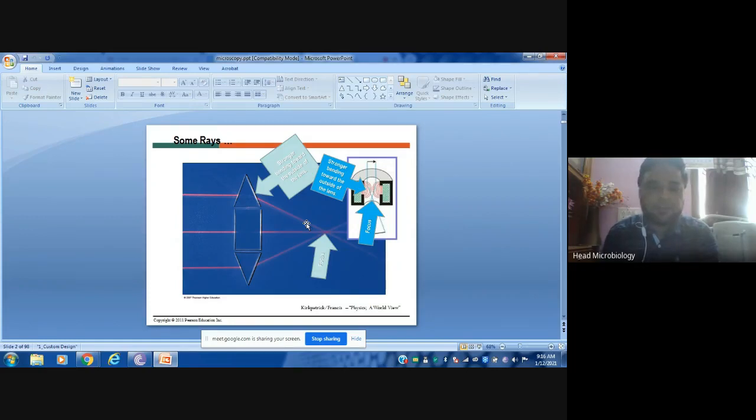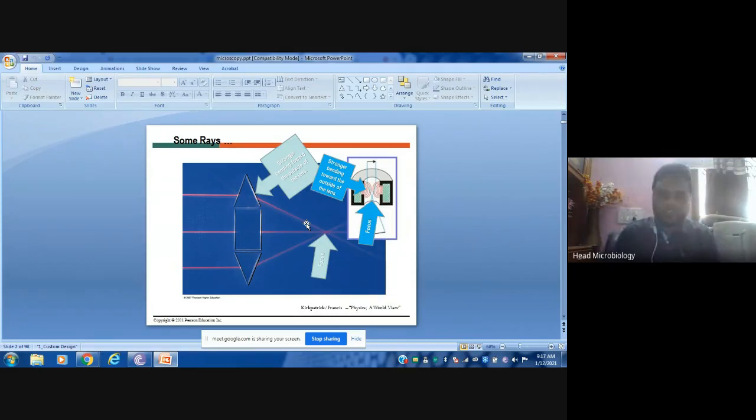Okay, and the other thing is reflection. If the light takes back its path from wherever it is hitting, either a straight back path or by taking an angle, if it is coming back, it is called reflection. And refraction is when it goes to the other side, and instead of going straight, it makes an angle. That is called refraction. Okay, this is about a common lens, whether it is concave or convex.